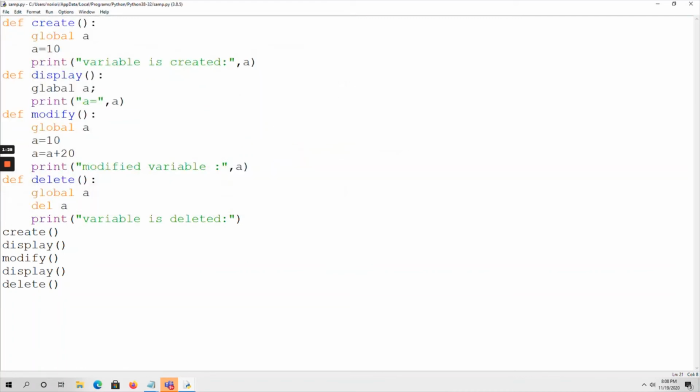So just run the code. Valid syntax, sorry. See here. Global A. So run the module.